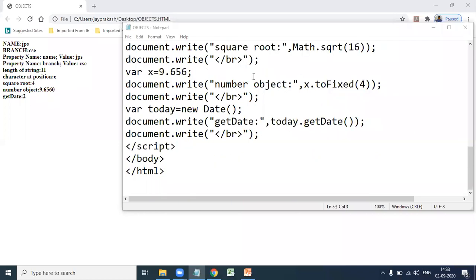Next, the Number object. There is a variable x that contains the value 9.656. Here x.toFixed(4) means it returns a number with 4 decimal points, that is 9 point, and there are 4 values, 6560.